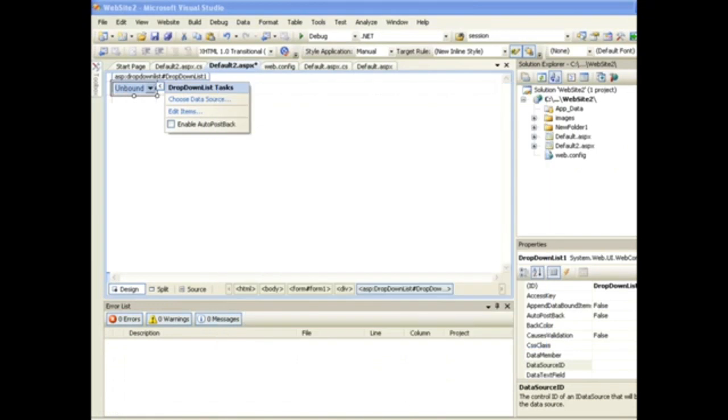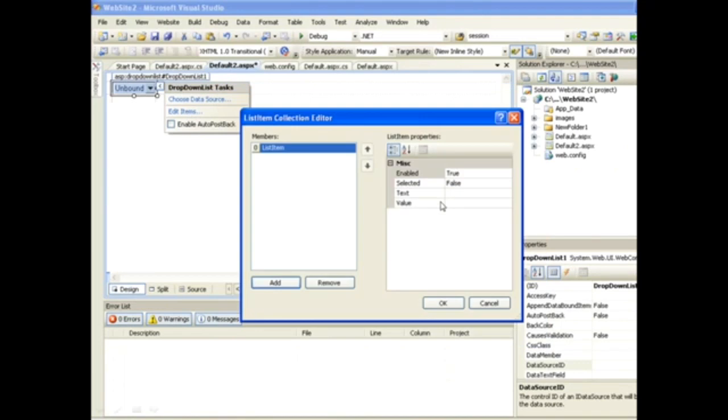So simply click on the add button. Then we need to add the text and value fields, similar to the list box control. Add the text, like I have added New Delhi as a text, and the value is automatically copied as the same which we have entered as text, and if you want you can change the value also. Now I have changed the value to NDLS, which is the value for the text New Delhi, which is our first item. Then click on the OK button, and now see the item in the drop down list. The New Delhi element is added.